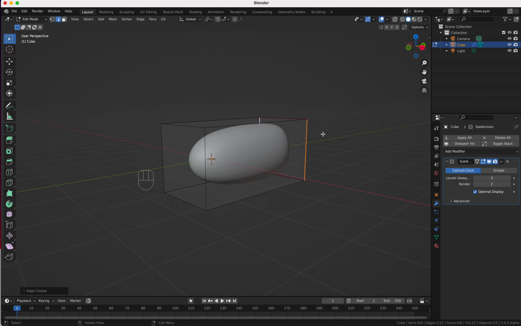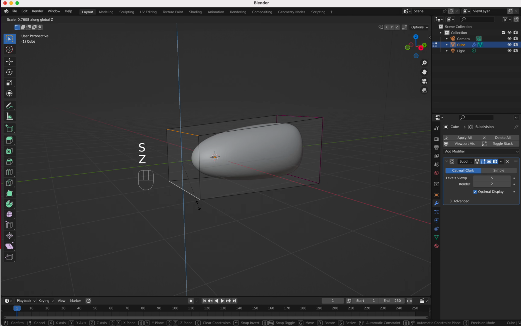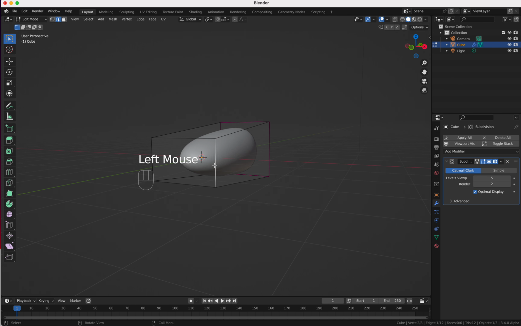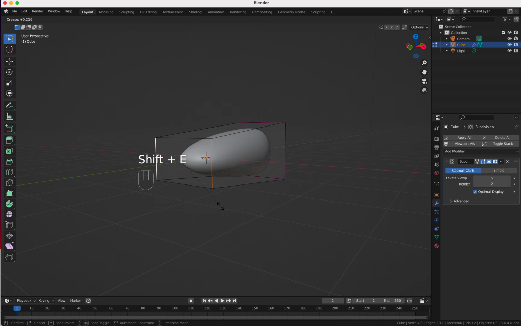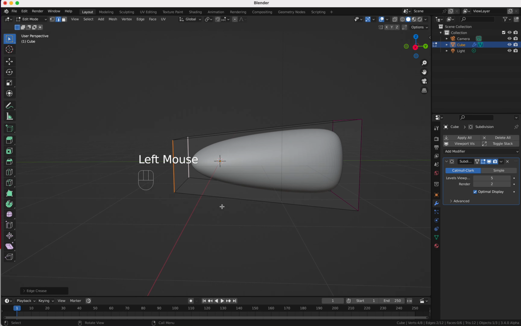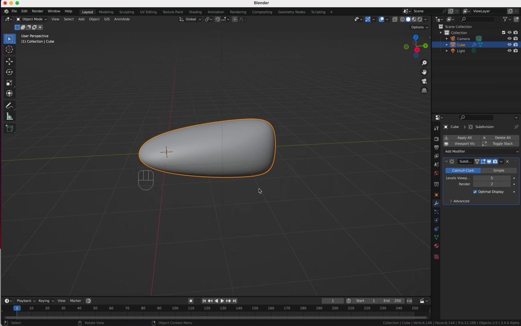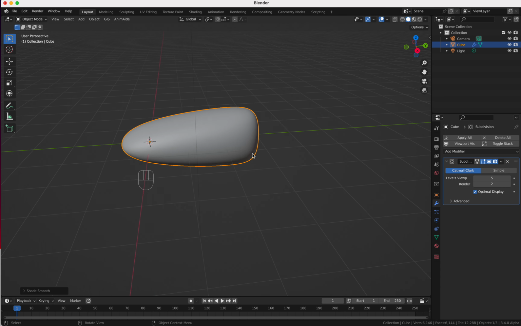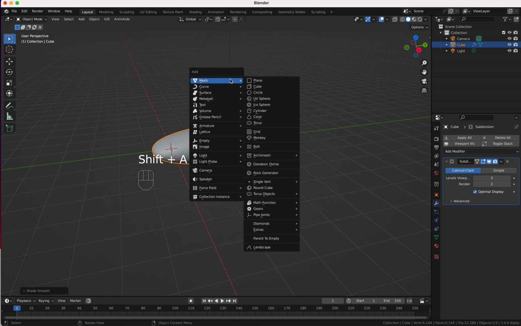And then what we do, we also grab these two here, and then we press S Z. So we scale these both a little bit together, and maybe make this a little bit sharper here. So we select the two outer edges here, Shift E again, and we crease this a little bit. So we have a kind of cool spaceship here. Now we want to right click on it and say shade smooth, so it's really smooth, as you can see. And now we want to make the engines, so we say Shift A and we add mesh,